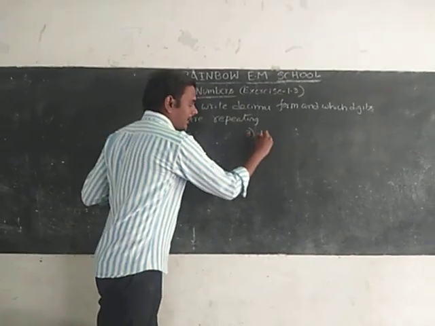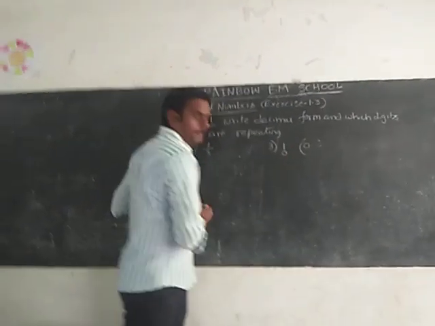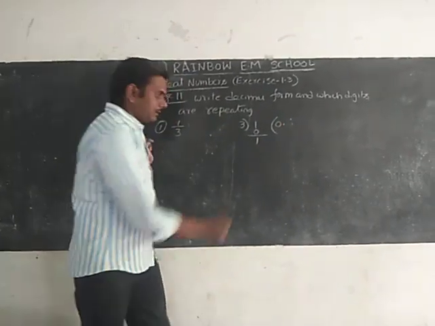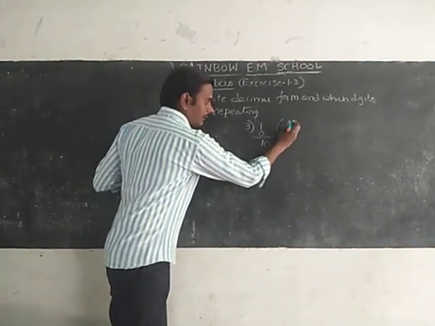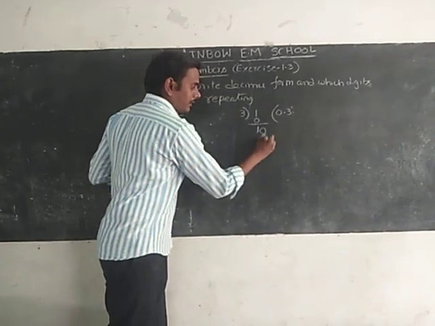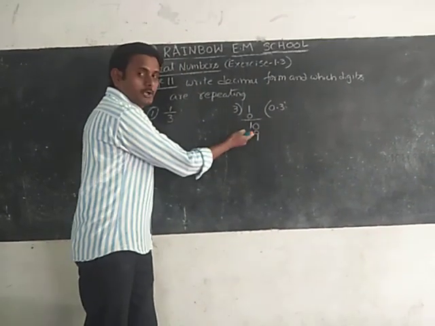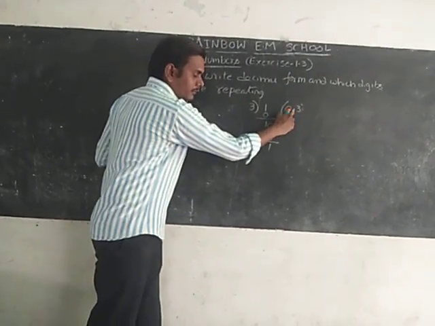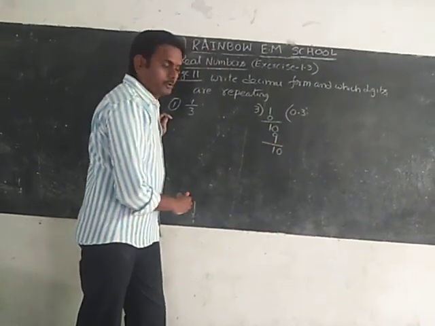3 into 1 is 0. 1 remainder. The point is placed here at the quotient place. Take 10. 3 3s are 9, the nearest number only you have to choose. 1 remainder again. After taking the point at the quotient place, we can take 10, again 10 we can take.